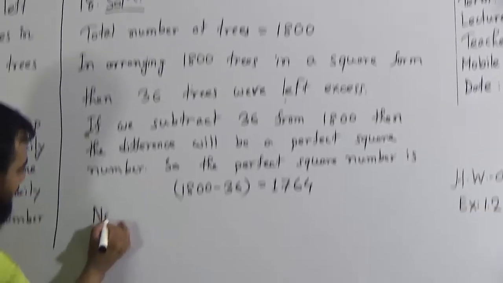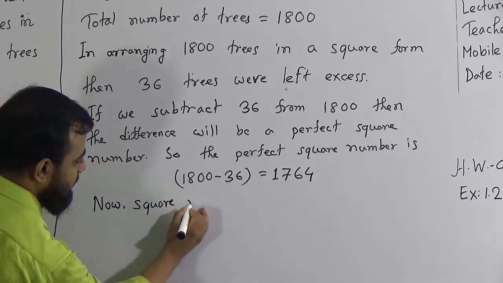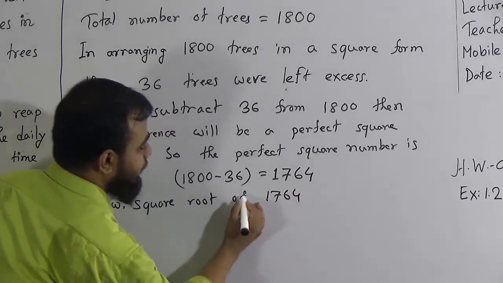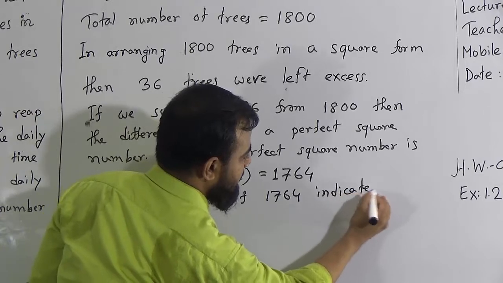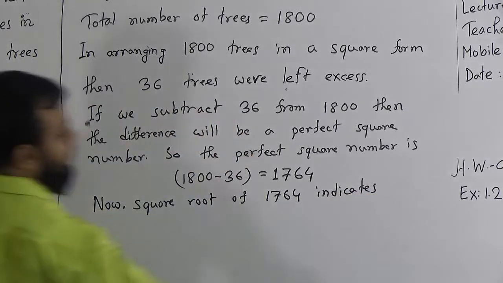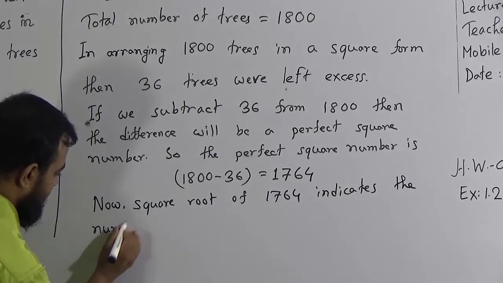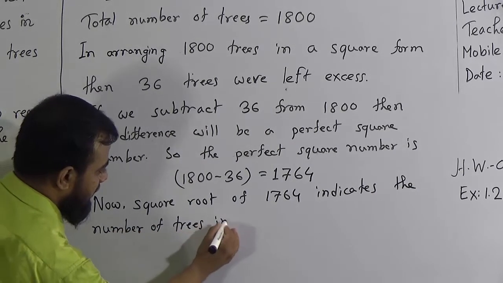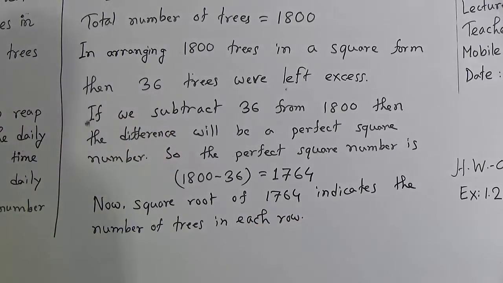Now, the square root of 1764 indicates the number of trees in each row. So the number of trees is,